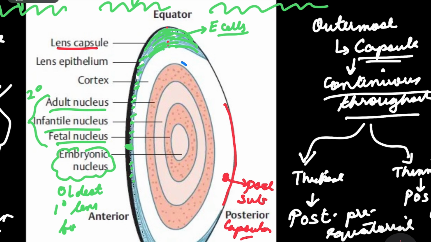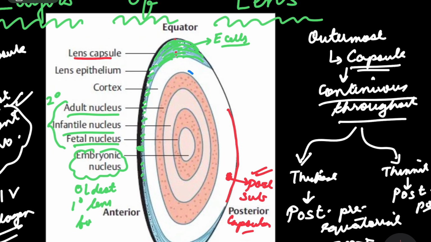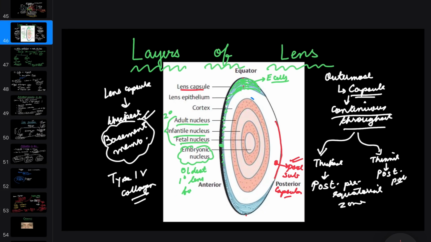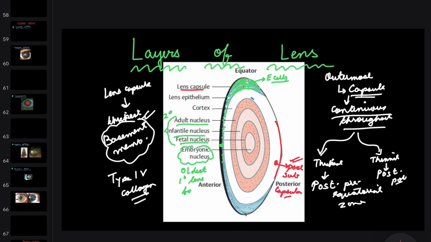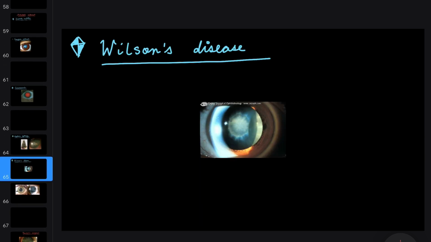That is the posterior subcapsular part, which I have already shown you, where in the lens the posterior subcapsular part is. This is the posterior subcapsular. Okay. So now that we know what posterior subcapsular is, and now that we are done with myotonic dystrophy, let's move on to the next topic, that is